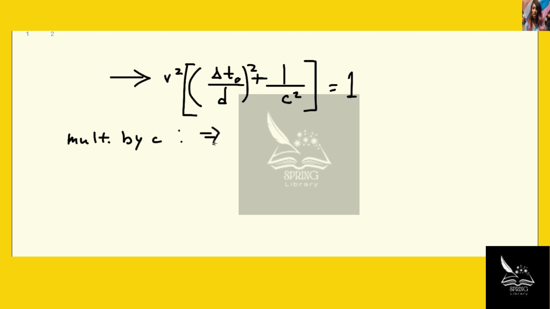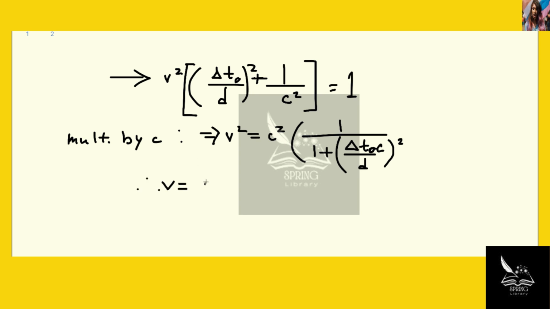And so what that gives you is that v squared will be c squared times 1 over, because there's a 1 over here, you just divide both sides by this factor, over 1 plus delta t naught over d times c, because remember you multiplied by c, and that's squared. Therefore velocity is just c, let's leave it in terms of c, times 1 over 1 plus the